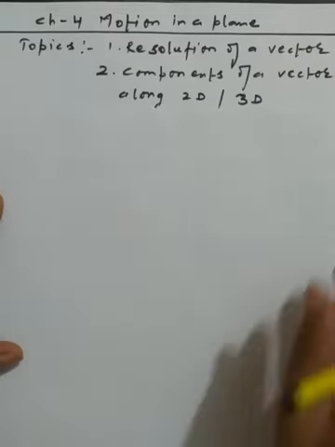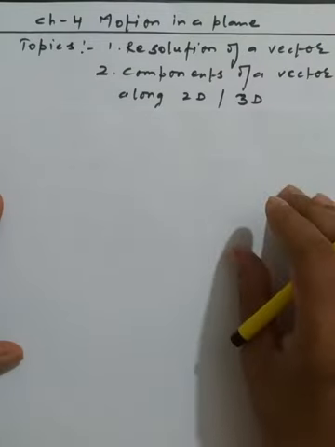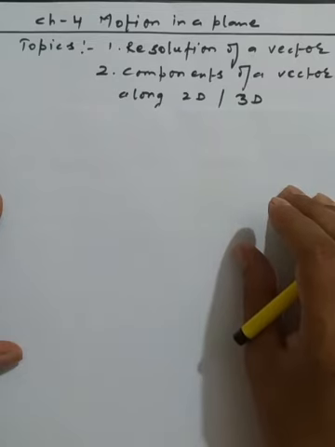So what actually is the resolution we have? Simply, it's a process of splitting a vector into two or more vectors that act in a plane in different directions. Whenever we combine them by any kind of geometrical shape, the combined effect is the same as that of the given vector. So this is the basic concept we have.